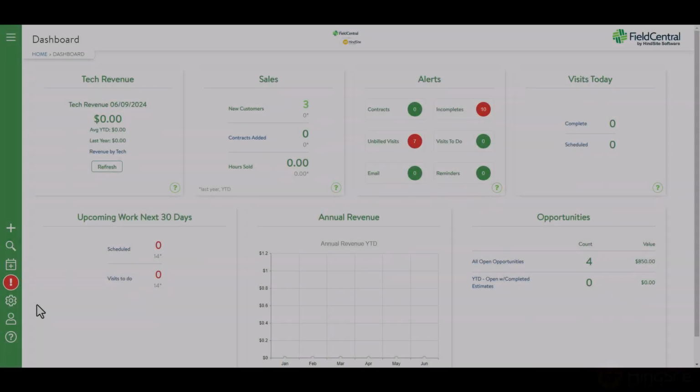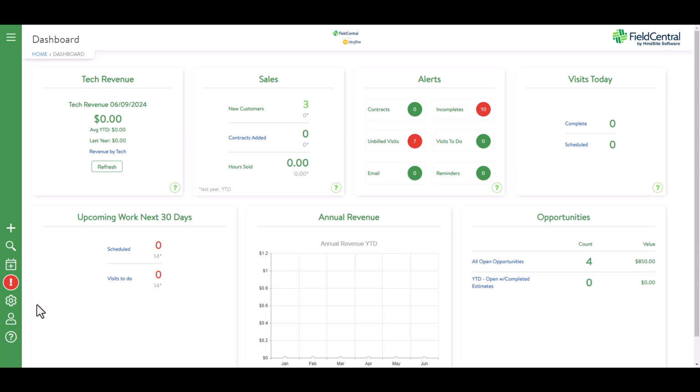Welcome! In this video, we will cover how to manage pricing exceptions utilizing a price matrix within Field Central, including some best practices. Price matrix allows companies to set up seasonal service pricing based on the factors that are important to them. In addition, this tool allows users to seamlessly mass update and maintain pricing from one location, even if needing to take into account modifying factors.